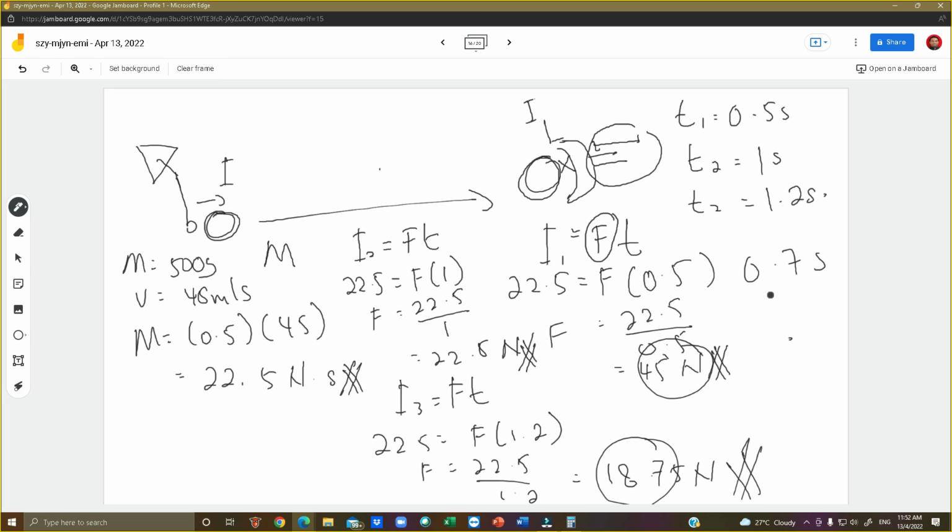So we know that by changing the technique, it saves the players. By changing the equipment, it saves the players. By changing both, it further increases the efficiency of the process itself. And this is how we use some part of Newton's law here, which is the impulse momentum theorem. Okay, we are going to stop here.